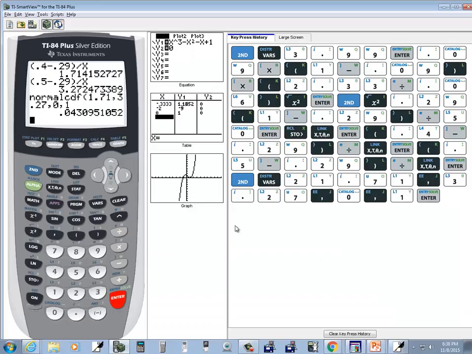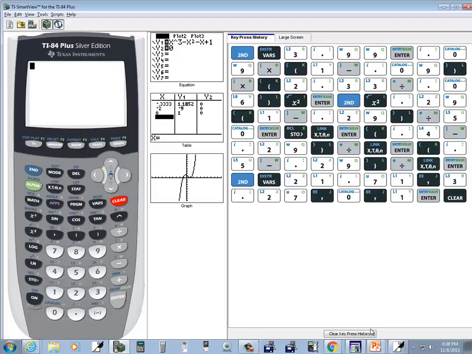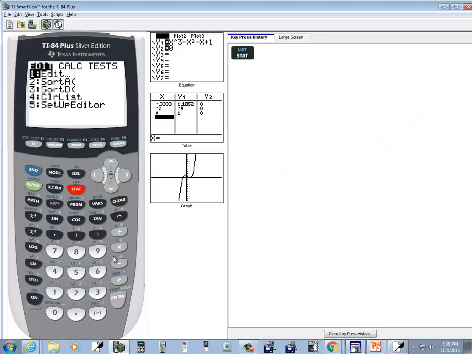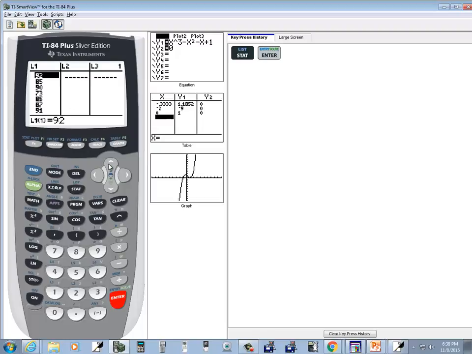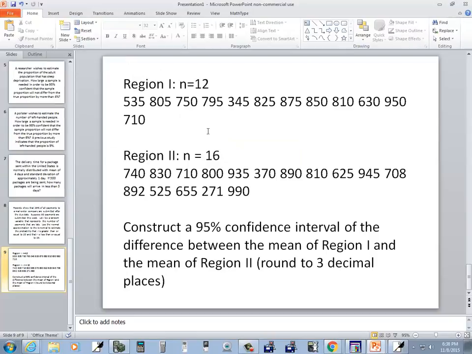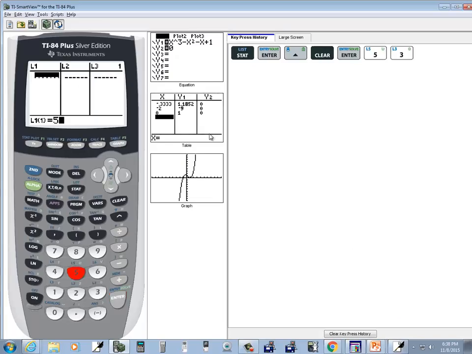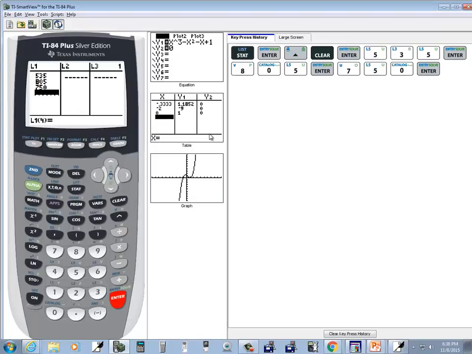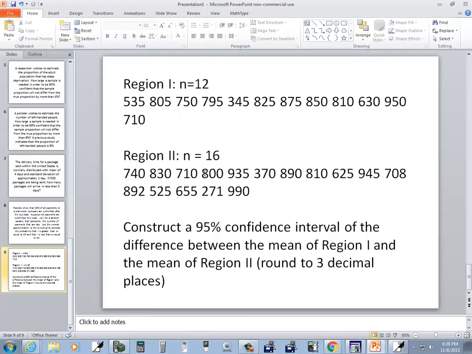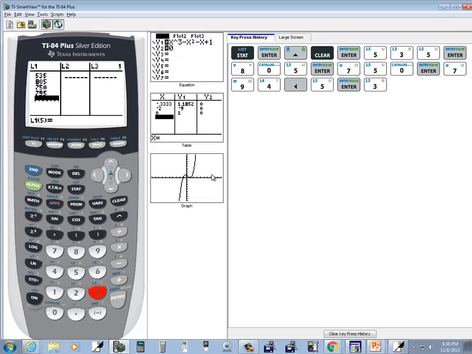So we're going to be first entering these numbers into the calculator. So press my Stat button, enter on Edit, and under L1 I'm going to put in region 1. So I got 535, I got 805, 750, 795, 345,